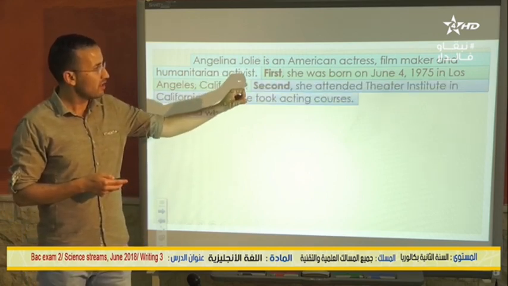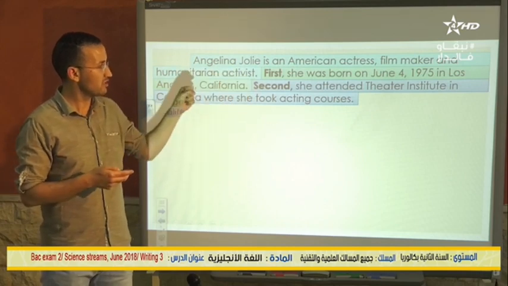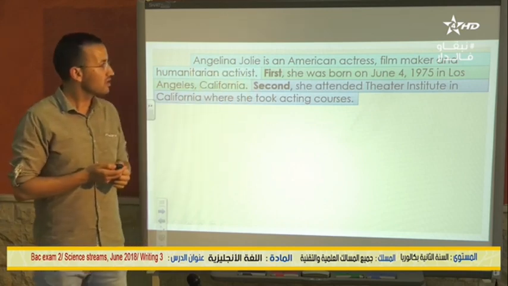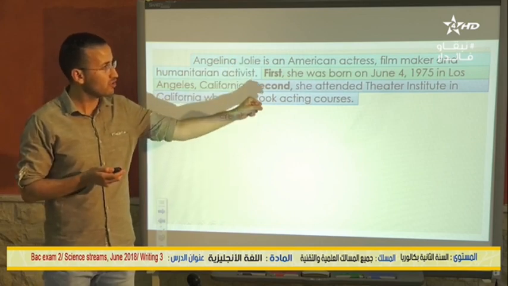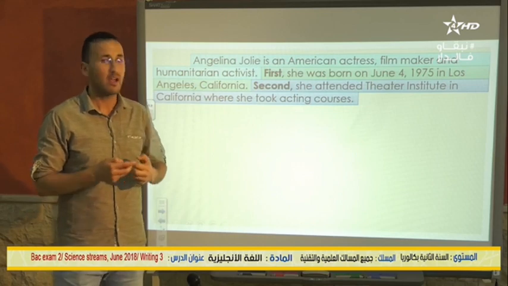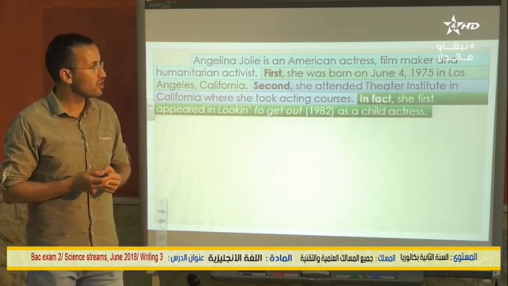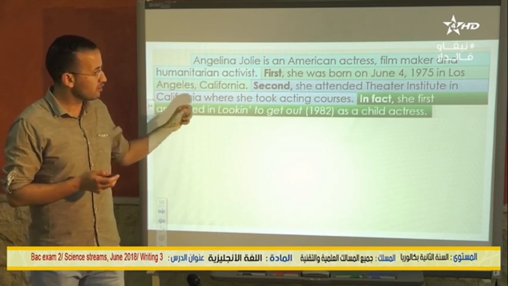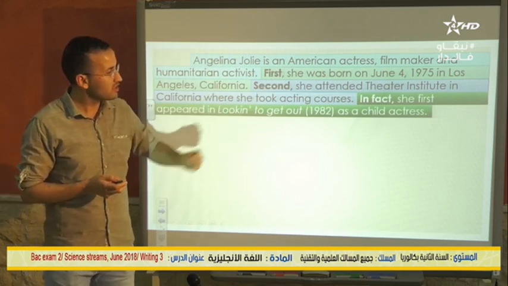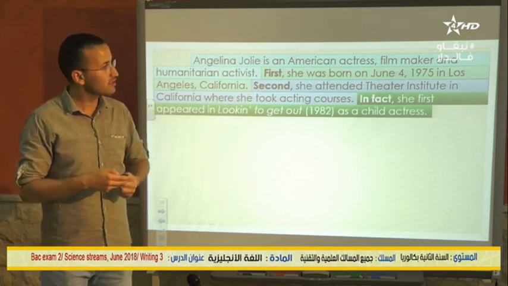Second, she, as you can see, I linked the two sentences using second. Second, she attended Theatre Institute in California where she took classes. Again, we are going to do the same thing. In fact, she first appeared in Looking to Get Out in 1982 as a child actress. Next,